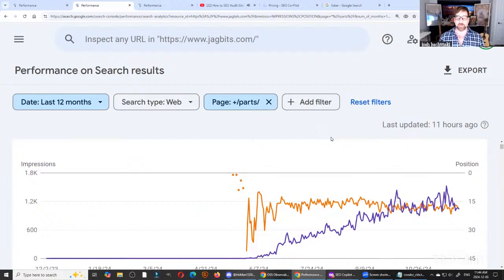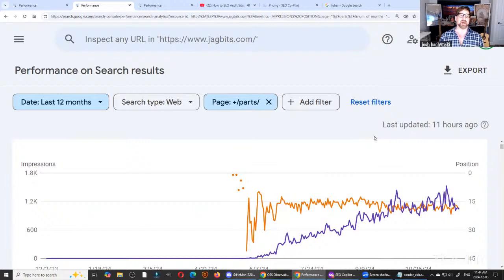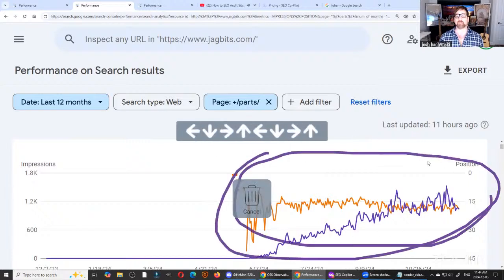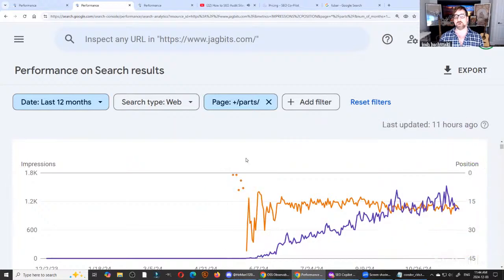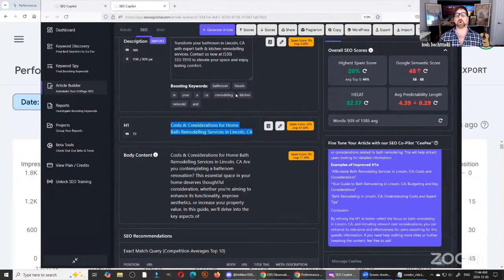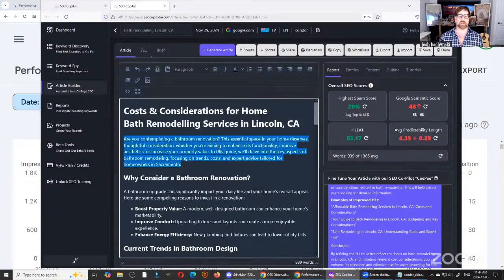The other approach of a healthy SEO campaign is to dial in and be surgical and look at a specific page and a specific query and try to make one single page rank higher. That could be important for sales. That's another way of doing it. But this is the main way of doing SEO. The main way of doing SEO is carpet bombing. You build lots and lots of pages, mostly in SEO Copilot, super, super fast, get all these scores in the green. I can get this score in the green by doing this.